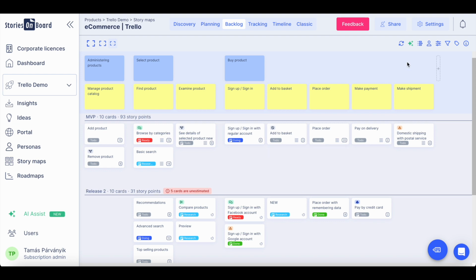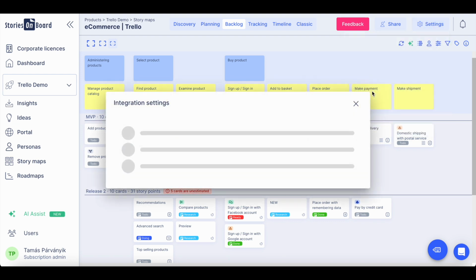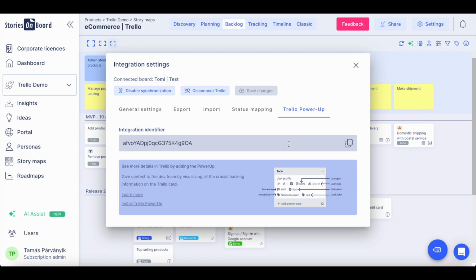You can maximize the efficiency of your integration with Trello by setting up Trello Power Up. In this case, in Trello you will be able to see the parent cards of your user story, and which releases they are taking place in. You can also synchronize the estimation in story points, any card annotation which is placed on the card on Stories on Board,